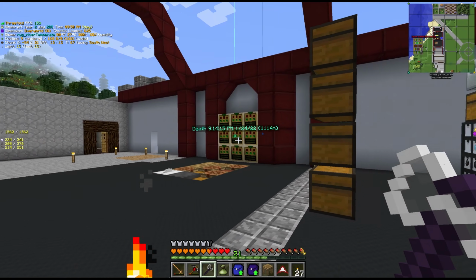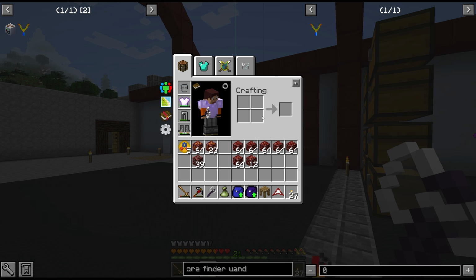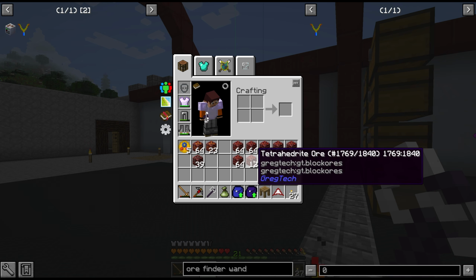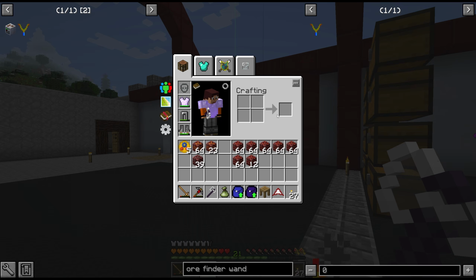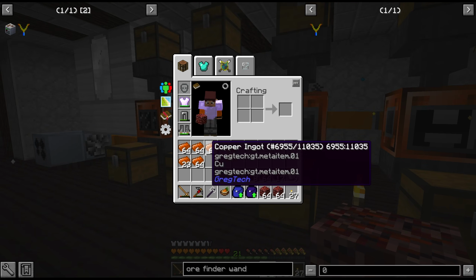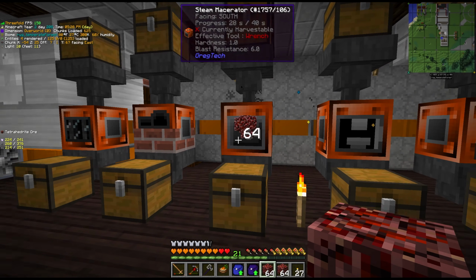Alright, I would call that a pretty successful mining trip. We picked up just over 6 stacks of tetrahedrite ore. And remember, these things double, so they will smelt into 2 copper ingots. Oh, you know what, actually? So I smelted down already a couple of stacks, but the rest I think we're going to put through our